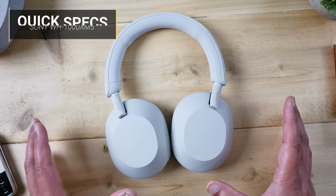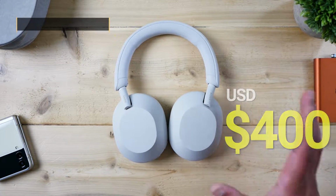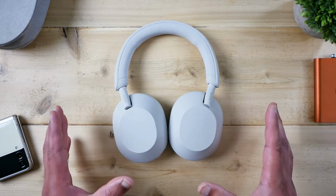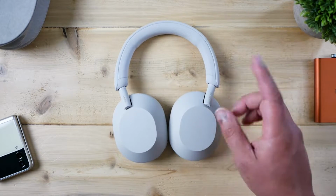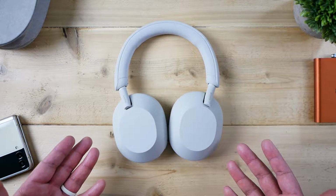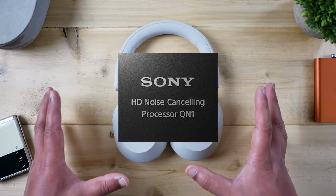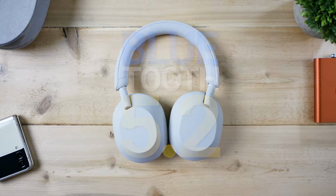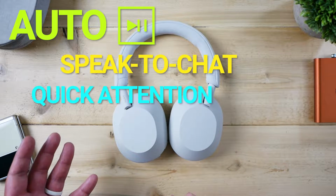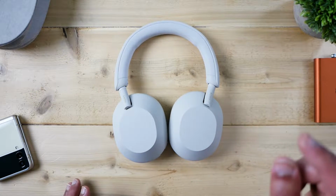The 1000XM5 retails for an eye-watering, wallet-emptying $400, but that nabs you a teched-out tour de force feast for your ears. And I recently did a close-up unboxing look at the XM5 if you want to check it out up here. Some high-level specs you might be interested in right now are two QN1 chips that handle active noise cancellation and sound respectively. There's Bluetooth 5.2 on board with support for AAC, SBC, and LDAC, auto pause play, speak to chat, quick attention mode, multi-point Bluetooth connection,